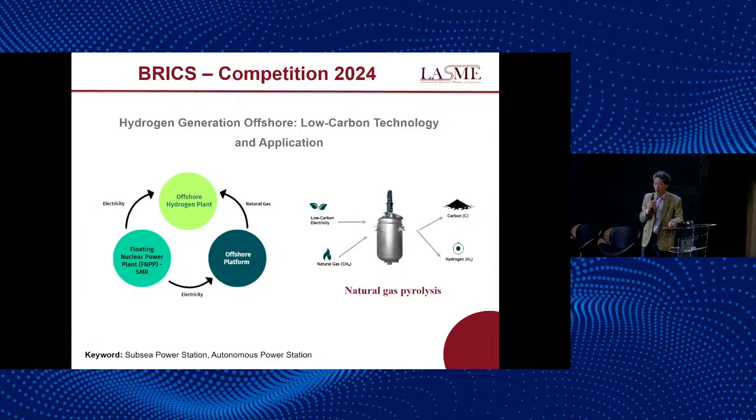Finally, our students take part in a BRICS competition. So their project is offshore hydrogen generation for low carbon technology. So the proposal is to generate electricity by SMR, a floating power plant, and that provides electricity to offshore platform. If there is excess of electricity, it will produce